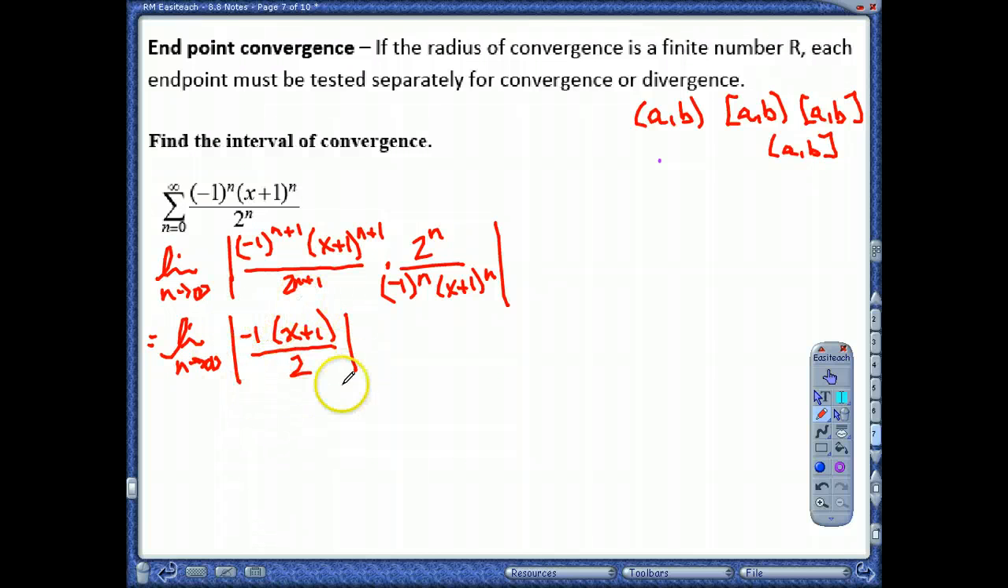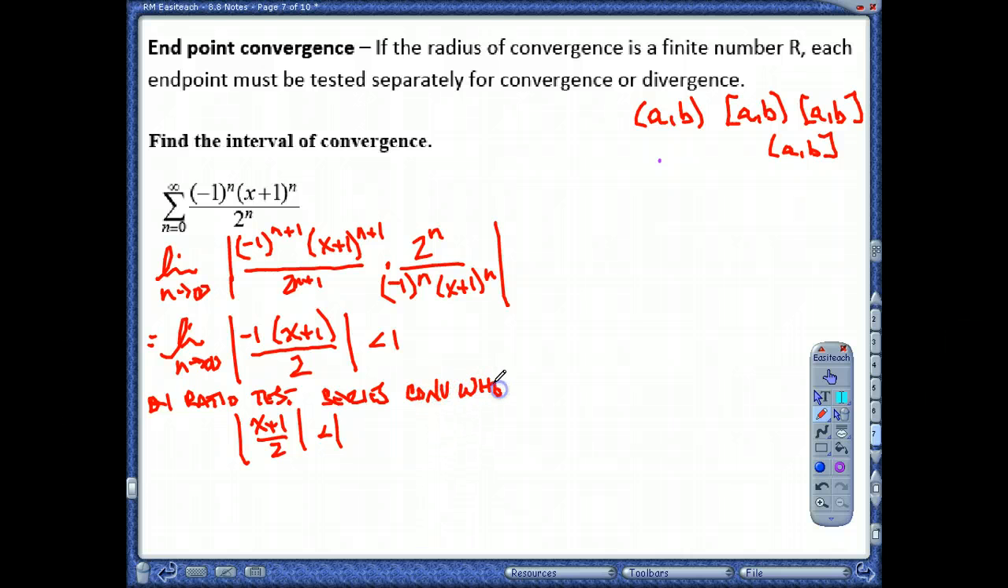So this series is going to be convergent using the ratio test when this limit is less than 1. So for convergence, I need this to be less than 1. Well, remember, the absolute value of negative 1 is just 1. So I'm going to be looking at where this is less than 1. Okay, so by the ratio test, the series converges